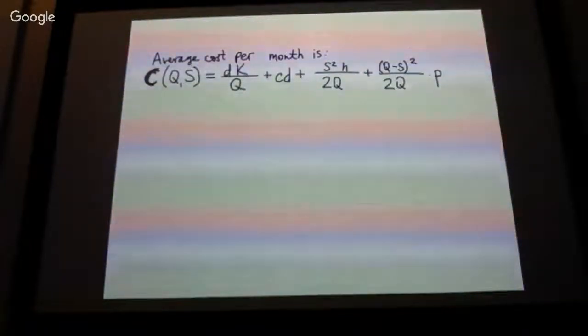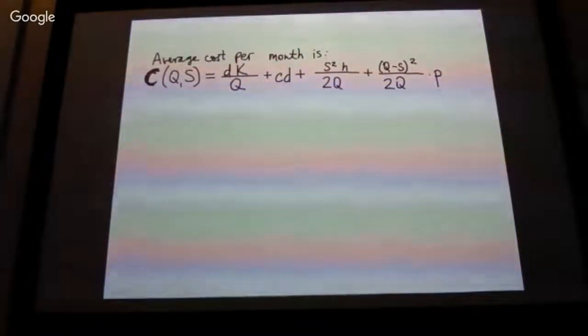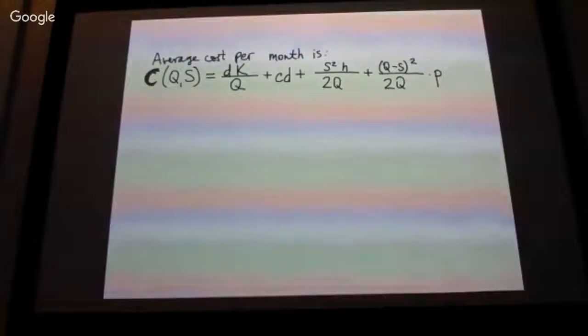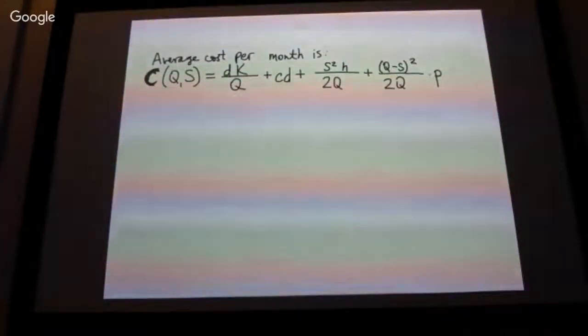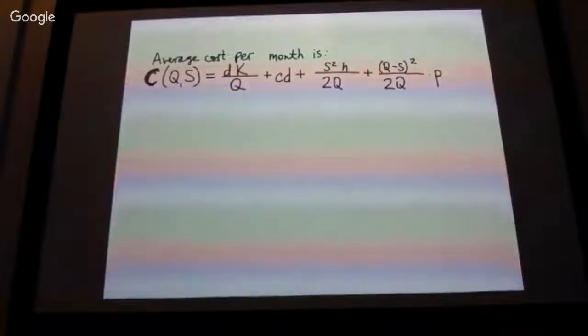You can keep it for later, but why don't we substitute that for Q? Because we don't know what the optimal Q is. No, it doesn't work. No, but what I wanted to do is